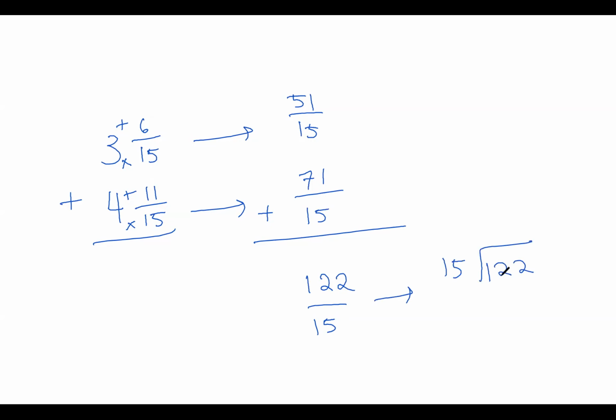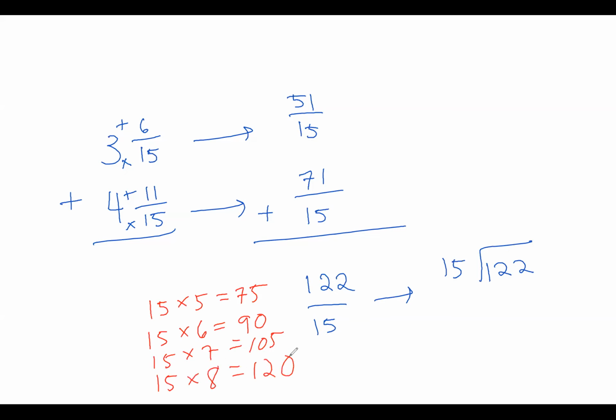How many times does 15 go into 122? I don't know. So I'd have to write out my multiples of 15. So I don't know, 15 times 5 is 75. That's not big enough. Times 6 is 90. This is 105. Getting closer. I think it's going to be, oh yeah, it's going to be 8. Okay, so 15 times 8. So how many times does 15 go into 122? It would be 8 times, because 8 times 15 is 120. Here's your remainder too. So 8